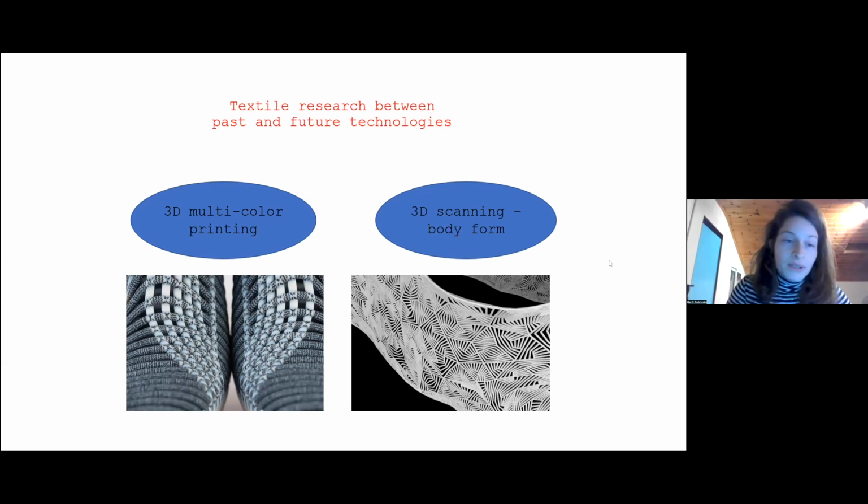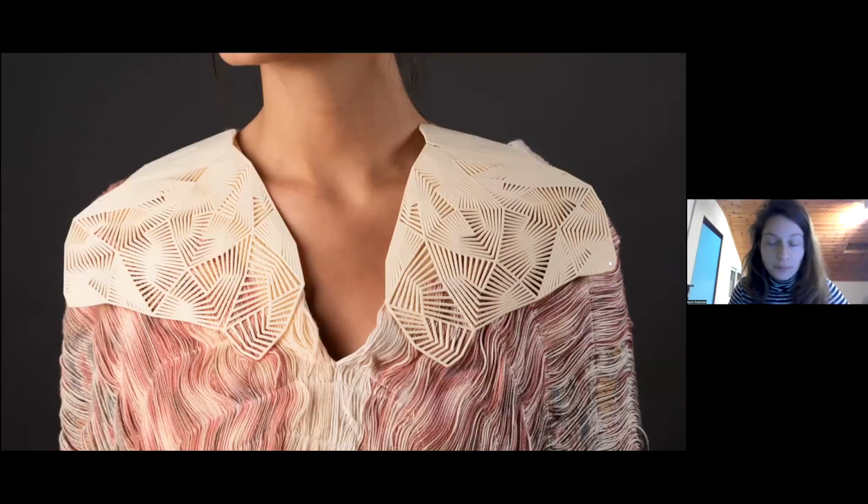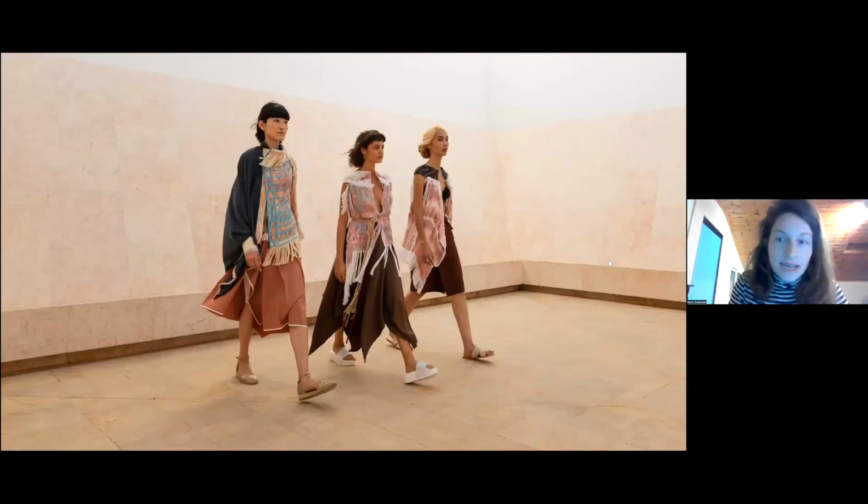So I've been working with 3D multicolor printing to implement colors inside additive manufacturing processes, and also 3D scanning body forms and trying to reverse engineer the body and get different patterns. So I will go through a bit of the projects that I made. Everything has a 3D printing aspect inside the garment, and some of them have a craft method embedded inside.